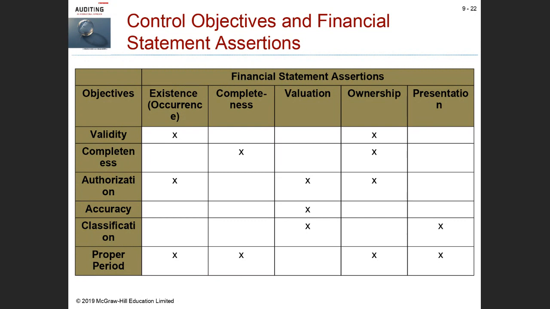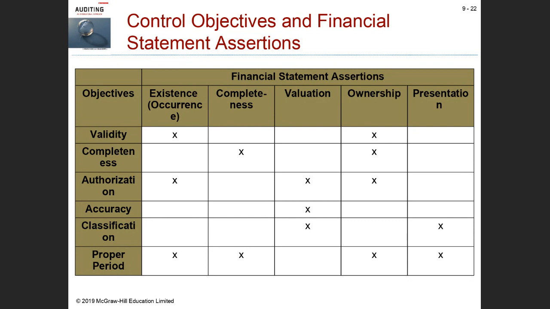Let's look at completeness. For completeness, we mentioned a few minutes ago, if we want to ensure completeness of sales, all shipping documents should be traced to sales invoices. So the auditors do that test over completeness of shipping documents being traced to sales. That gives the auditors evidence about the completeness of all sales invoices. So we will test the internal control over completeness and do less work of a substantive nature as it relates